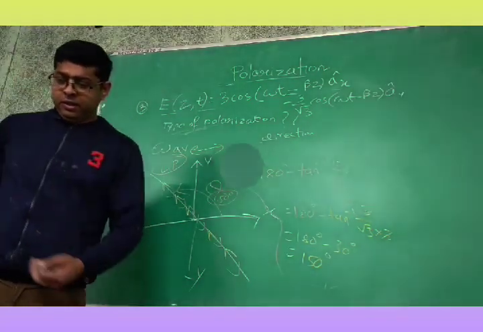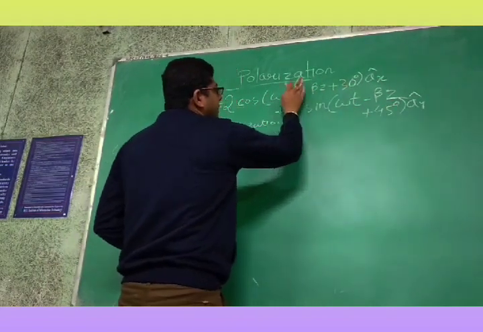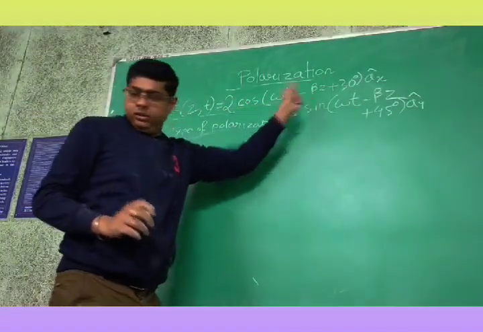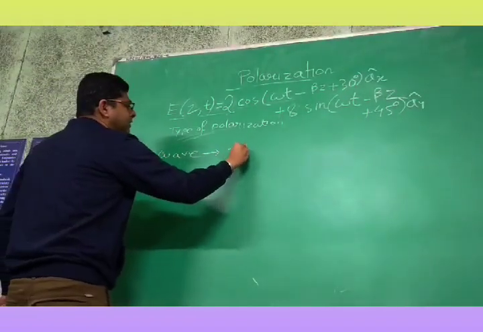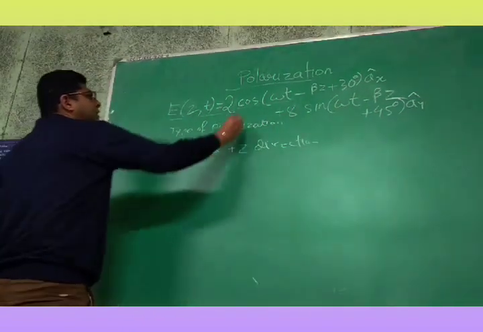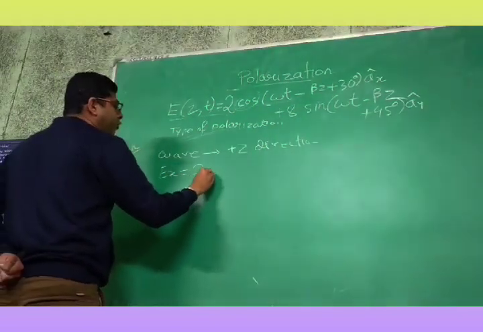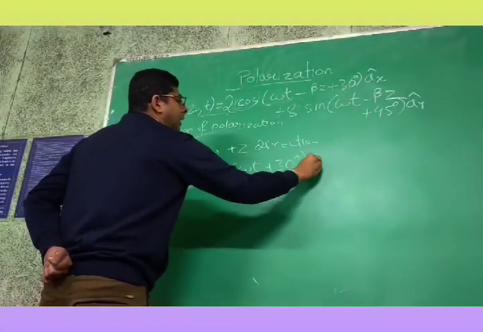Okay. Here we are taking the last problem. There is a difference that here you have a cos component and you have a sine component. This is your y component, this is your x component. First of all, you can directly see the wave is propagating in plus z direction. So the wave direction is plus z. There is a cos here, there is a sine here. So let us write the x component, y component first. So we have 2 cos of omega t plus 30 degree ax cap.